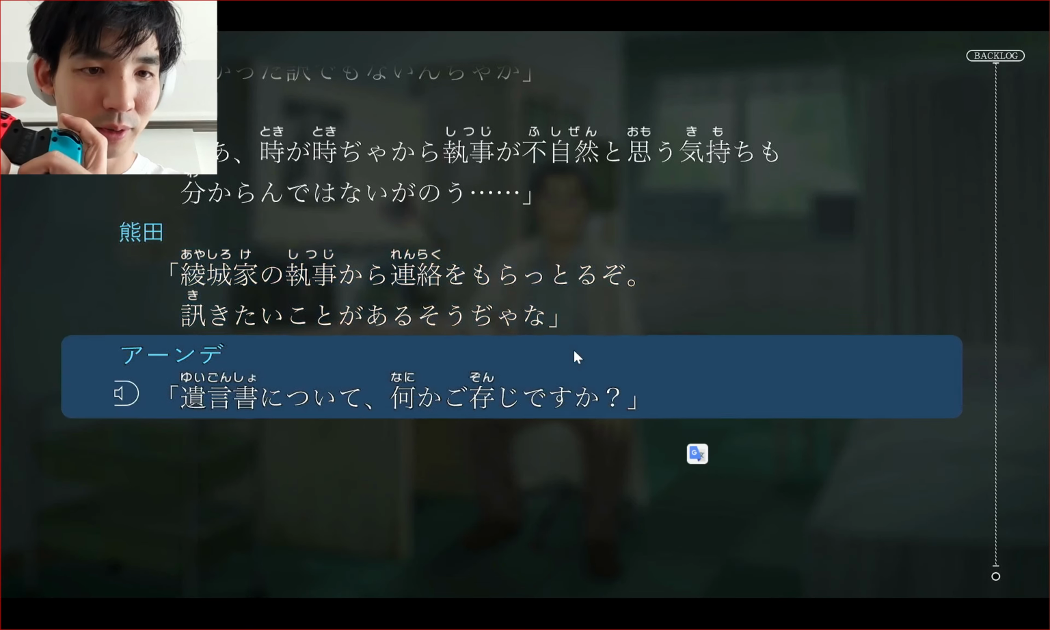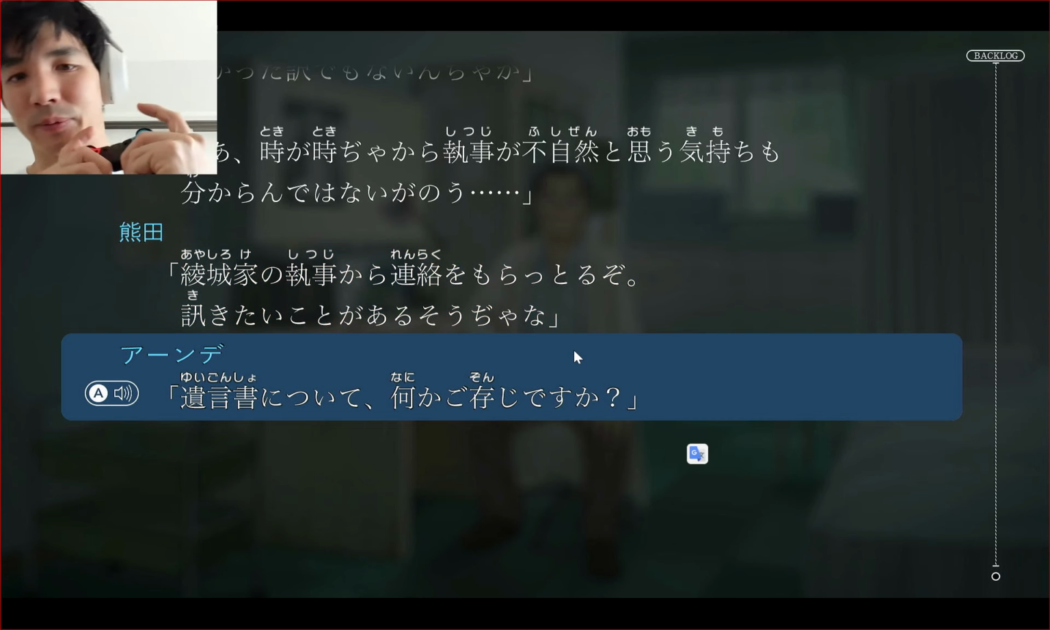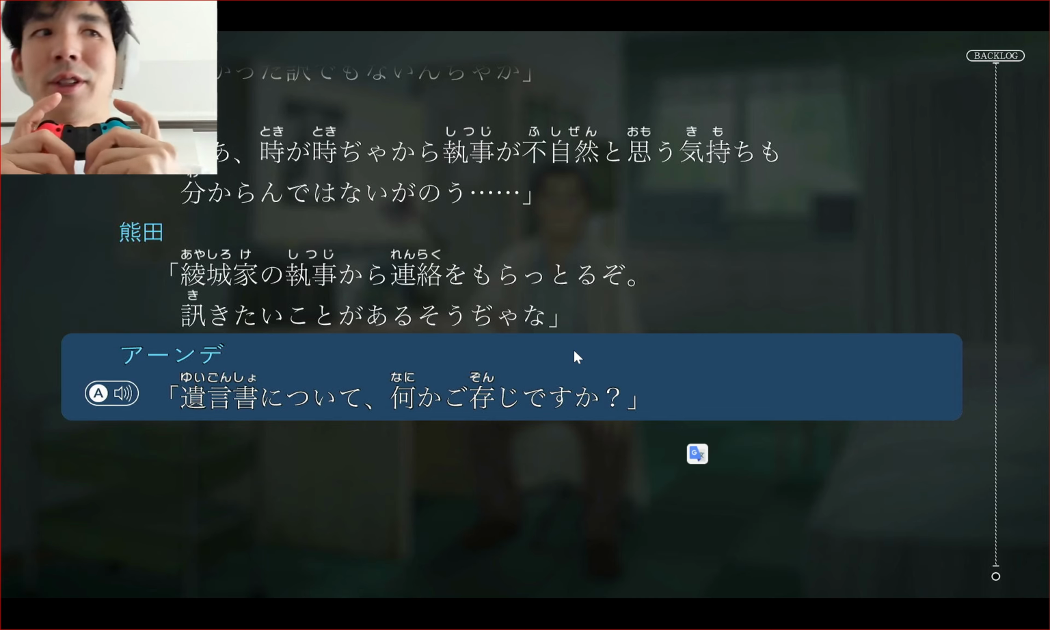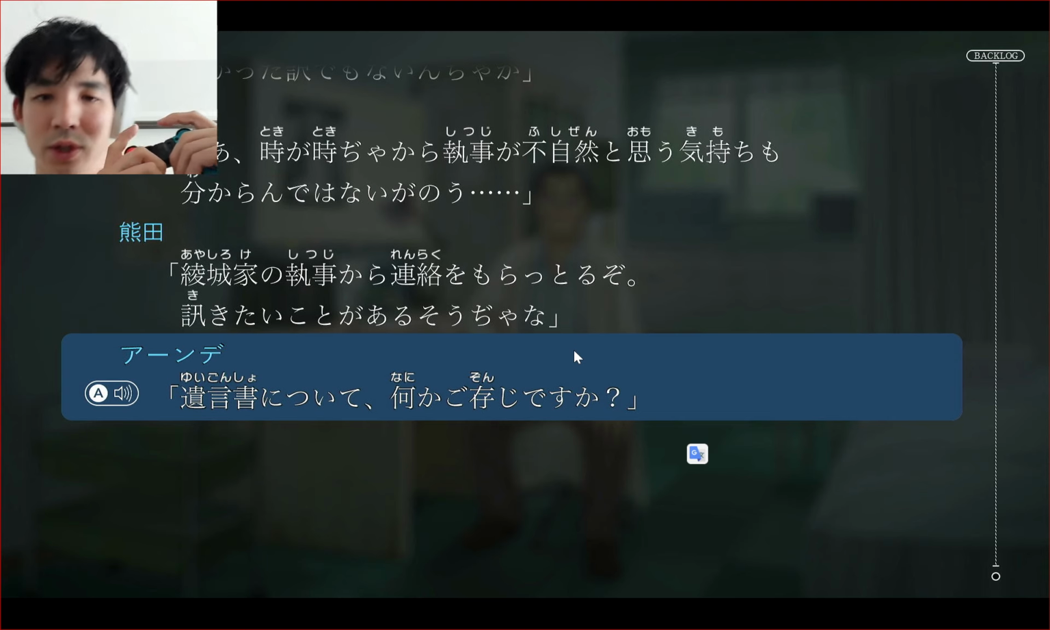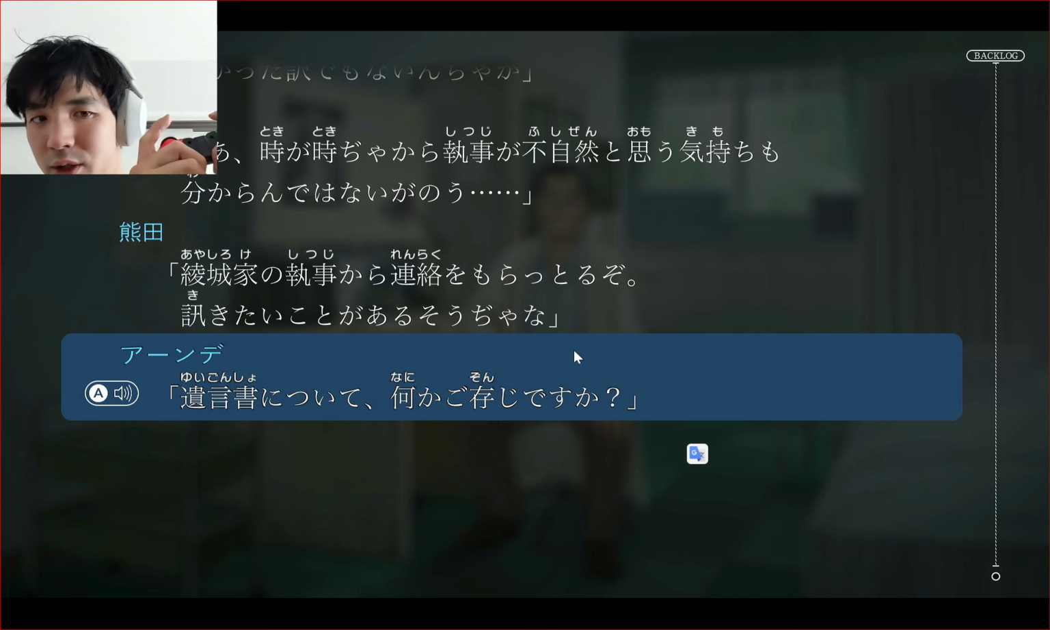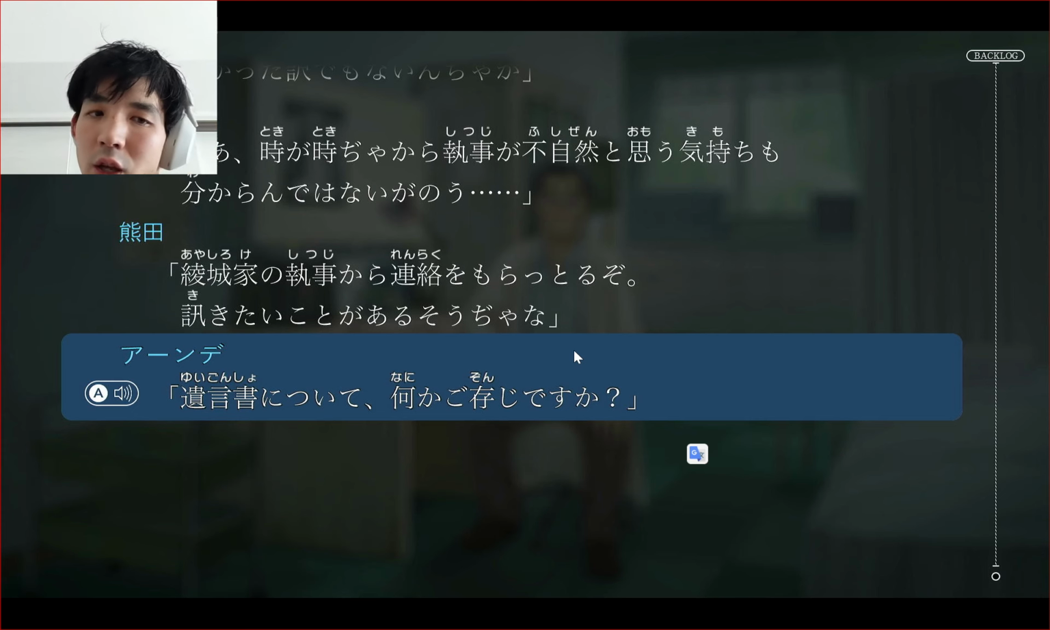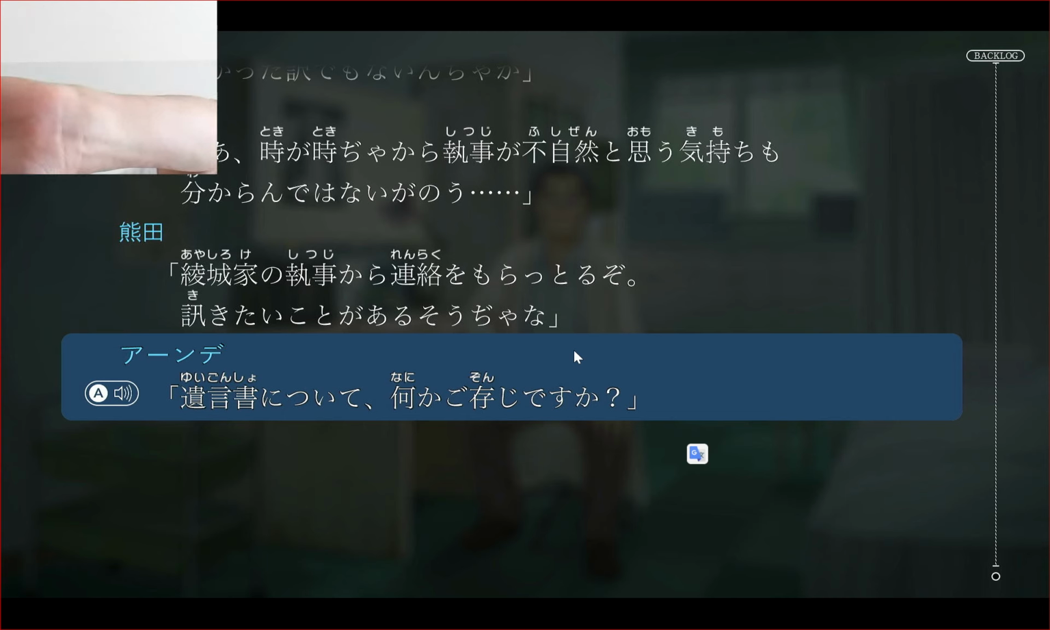Let's go back to the first sentence and do some practice reading. 遺言書について何かご存知ですか？ Listen and repeat. 遺言書について何かご存知ですか？ So let's try to say it in real time, doing shadowing. 遺言書について何かご存知ですか？ Let's try to do it without looking. 遺言書について何かご存知ですか？